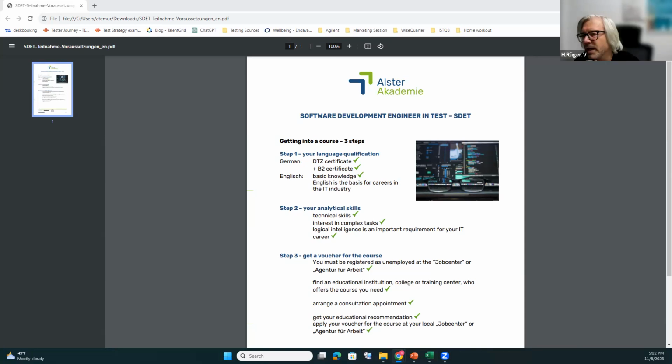Yeah, okay. For employment in the German market you need German, but when you make it international, if you want to make an English course, it's possible, and if the people from the job center say, okay, you can make it in English, then you need only the English requirement.